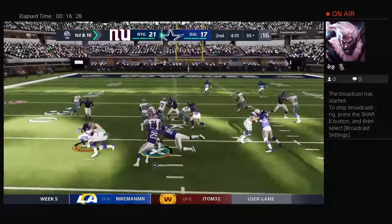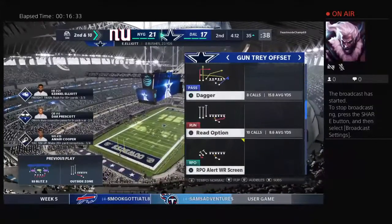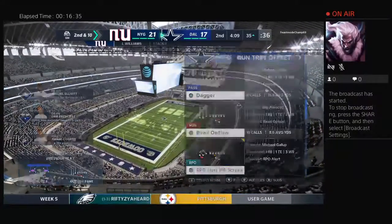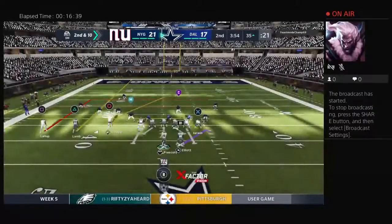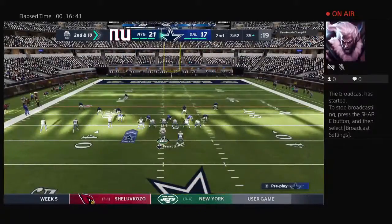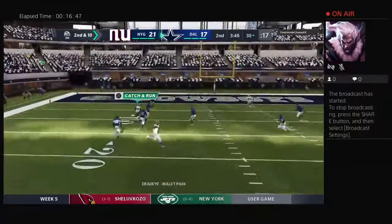From the shotgun, a give to Elliott. And nothing doing. He's immediately taken down at the line of scrimmage. No gain on the play. It'll be 2nd down. Nice job there defensively to clamp down, because really they've been on their heels this drive. Agreed, and they really needed that one for confidence, just to feel a little...